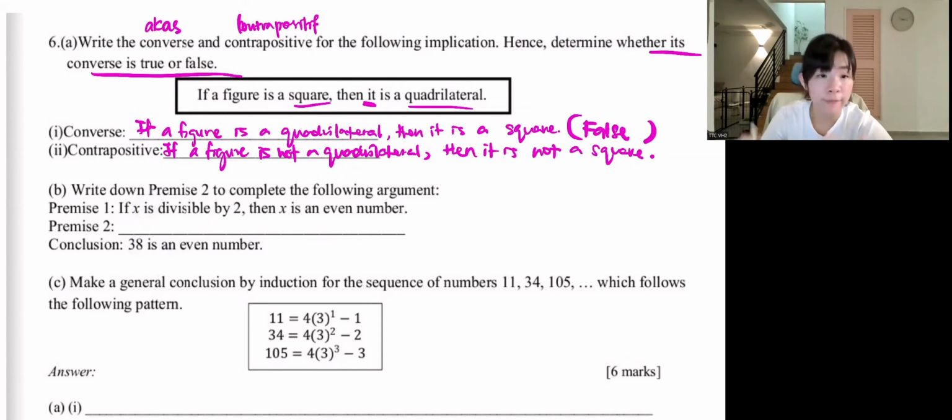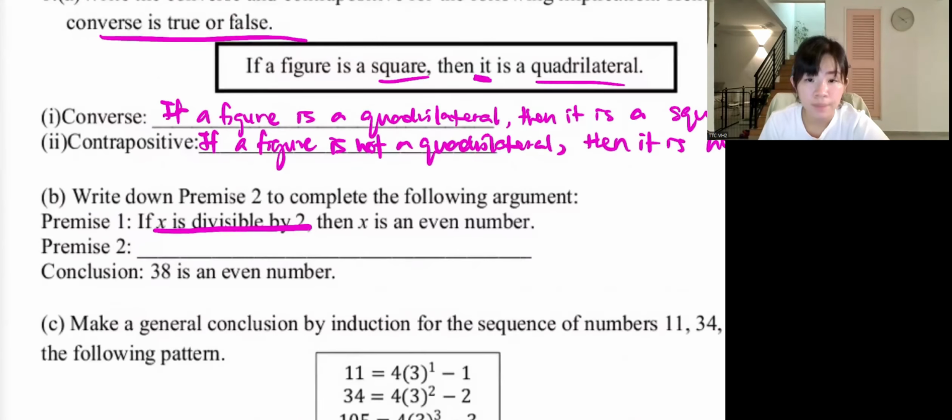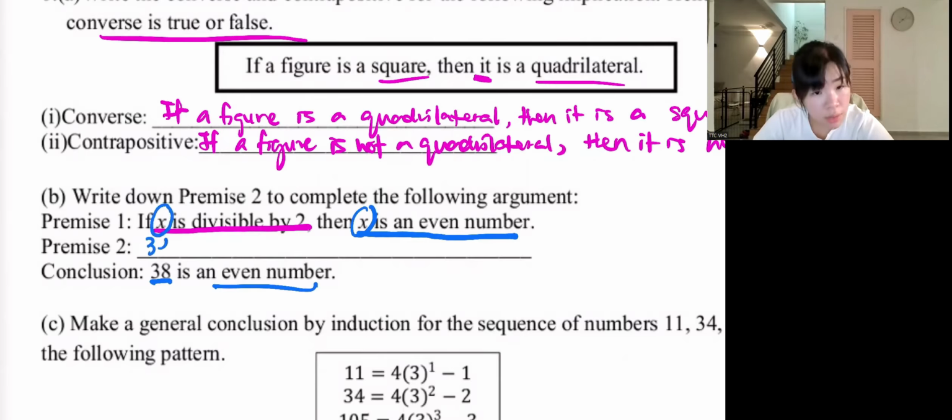So type number 2 means we're going to follow the sequence. The things in front, we're going to write in premise 2. So the conclusion, they must write things at the back. Originally, premise 1 says X is an even number. So they say 38 is an even number. So they change the X to 38. It means in premise 2, the X here you must also change to 38. 38 is divisible by,